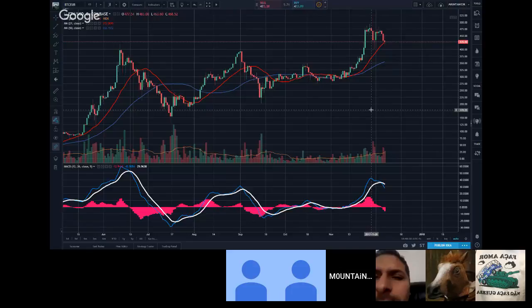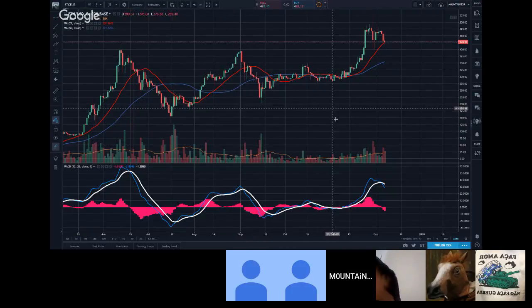So that's a little bit about MACD. So these are the main moving average indicators that I think are important for getting started. You'll see people say,